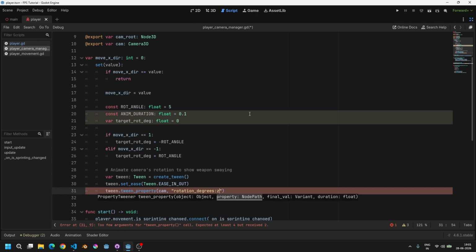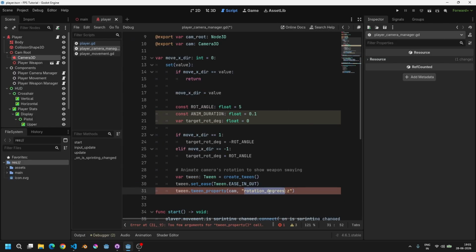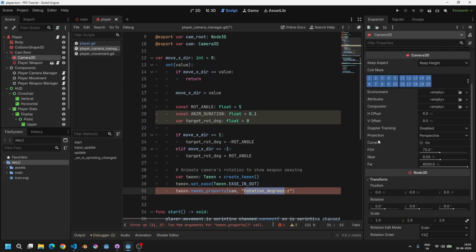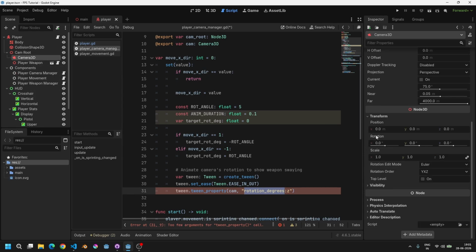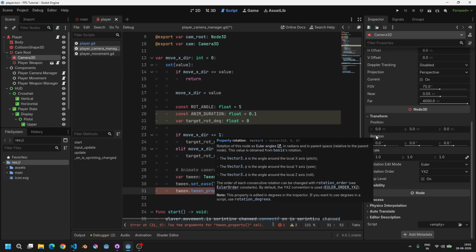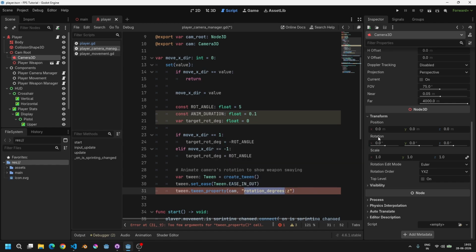If you want to know the name of the property, it automatically autofills, but if you are unsure, you can just hover over it and you can see the property name. In my case, I'm using rotation degrees. If you look over here, it says rotation, but it's in radians, and if I want to use degrees, I will use the rotation degrees property. So that's what I'm using over here,